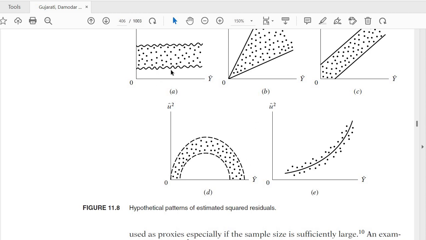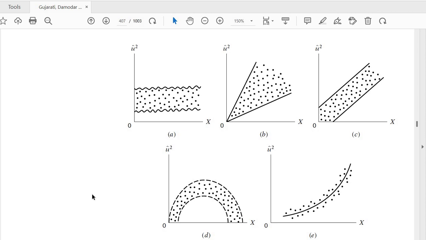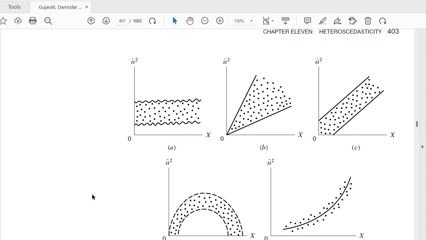सिर्फ A में heteroscedasticity problem नहीं है, लेकिन B से लेके E तक में heteroscedasticity problem है। अच्छा, एक और चीज होती है कि ये जो बुक है वो ये बता रही है कि हमने पहले वाला ग्राफ बनाया था, यहाँ पर हमने y hat रखा था और यहाँ पर हमने u hat रखा था। तो जो empirical studies हैं वो show करती हैं